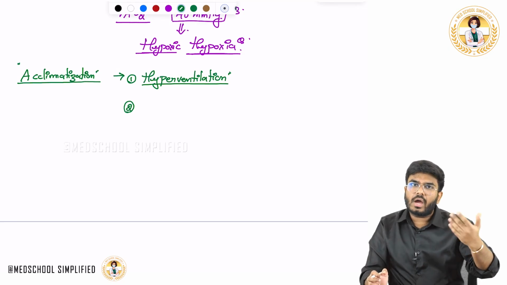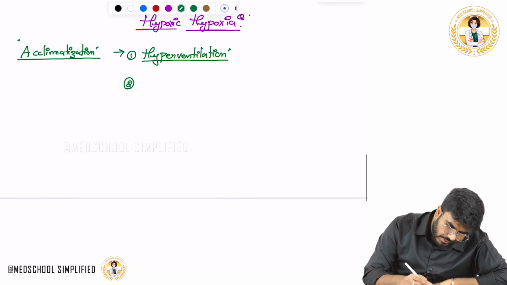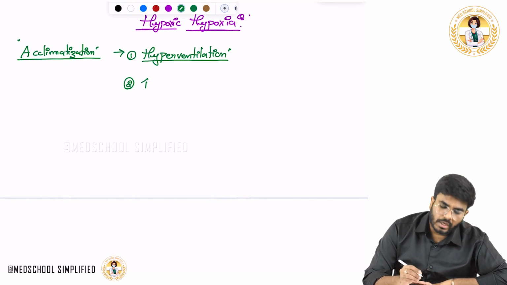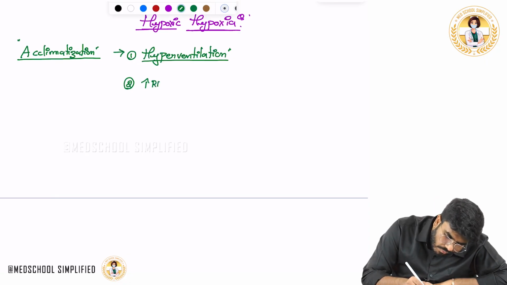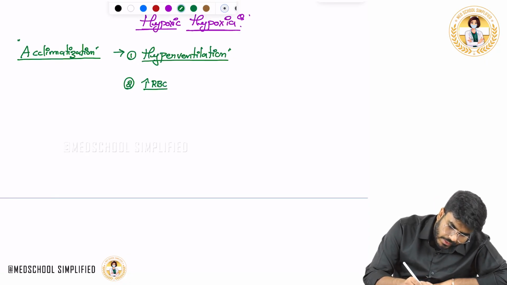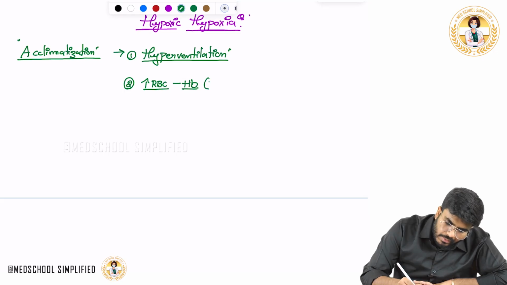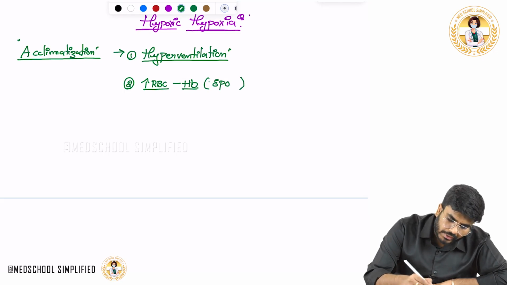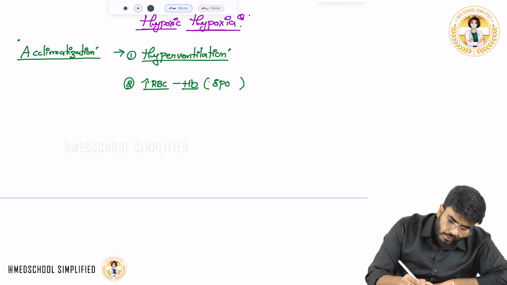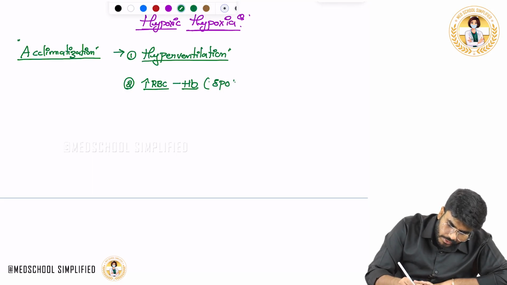Where is this hemoglobin present? RBCs. So when you go to high altitudes, you increase the number of RBCs, you increase the number of RBCs and hemoglobin. How is this going to occur? With the help of erythropoietin. Whenever you go to high altitudes, your kidneys are going to produce